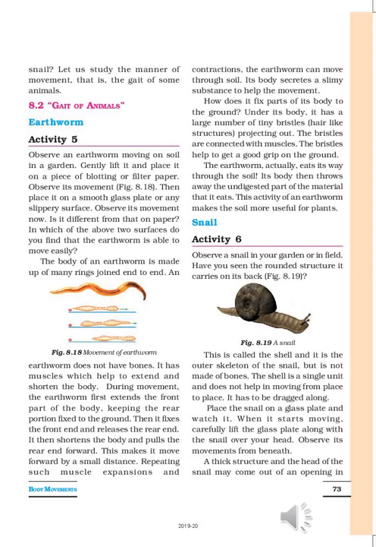So a snail has a rounded structure on its back called the shell. It has an outer skeleton, but it is not made of bones. It helps to protect the snail, and the shell is a single unit and does not help in moving from place to place. It has to be dragged along. When a snail crawls, a thick structure and the head of the snail may come out of the opening of the shell, and this thick structure is its foot, which is made up of strong muscles, and this foot helps to move. So this is the way the snail moves.